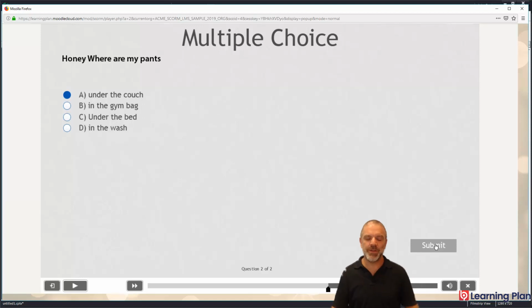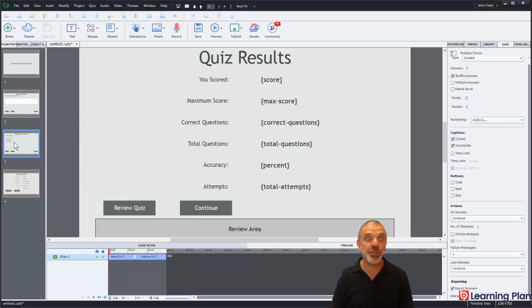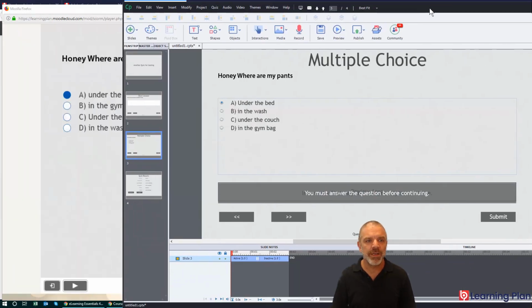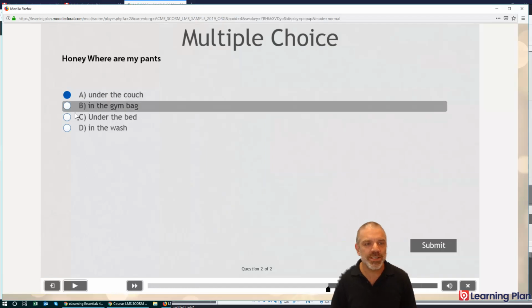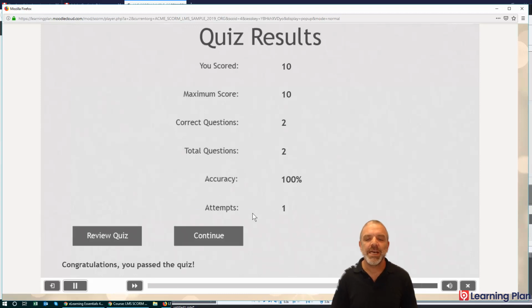Click on. You'll notice also that those results are actually shuffled as well. If we have a look at this, you'll see that those results have actually been shuffled. So I just need to remember that correct answer, which is under the bed. And if I click on submit, correct, click anywhere to continue, and now it'll show me that I did actually